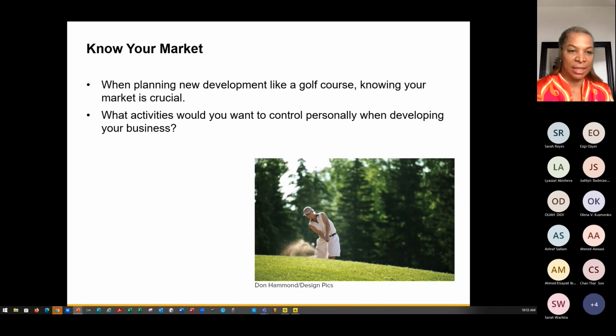Know what types of activities you want to control. When you build a golf course, obviously the land is already there. Can't do much controlling over that. But in terms of the equipment and the